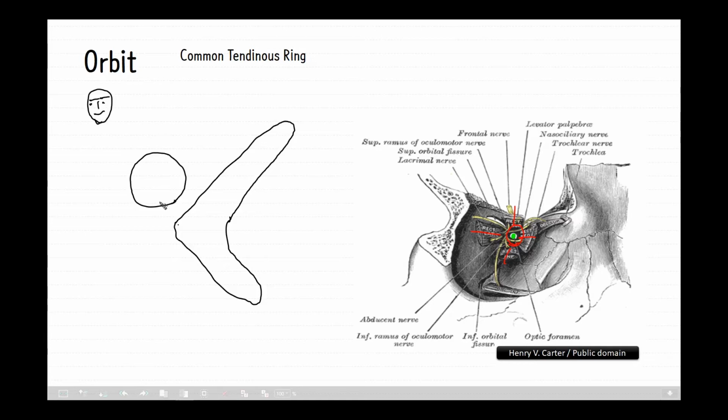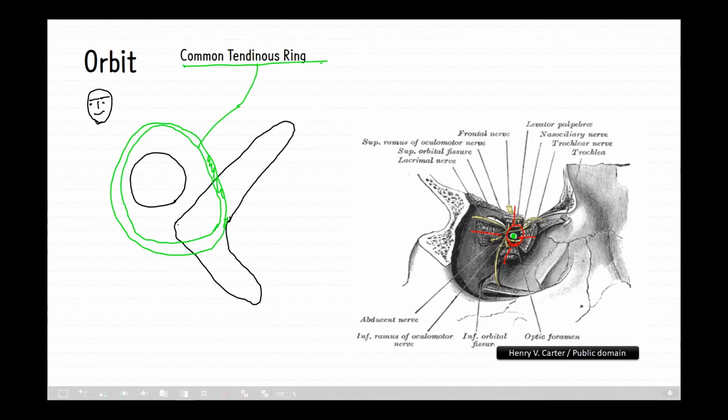And I will draw the annulus ring, the common tendinous ring or annulus of Zinn, like this. This is a common tendinous ring,